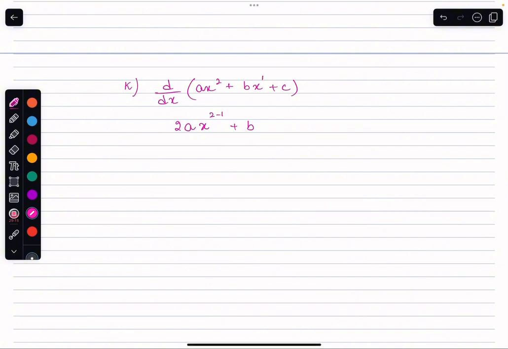B gets multiplied by 1, so this is 1 minus 1. Obviously, it's only left with a b, and we know that a constant in this equation, after differentiation, gets eliminated. So in this case, my final answer is simply going to be 2ax plus b. That's it. This is going to be the answer to this